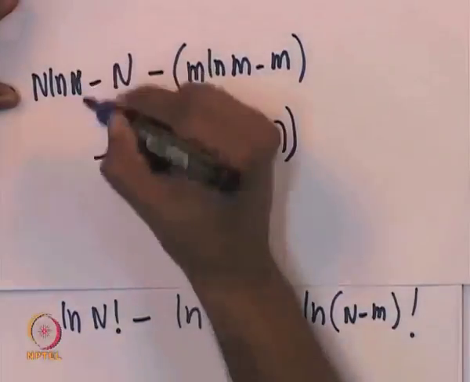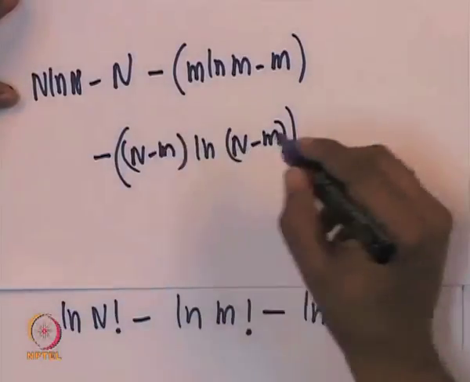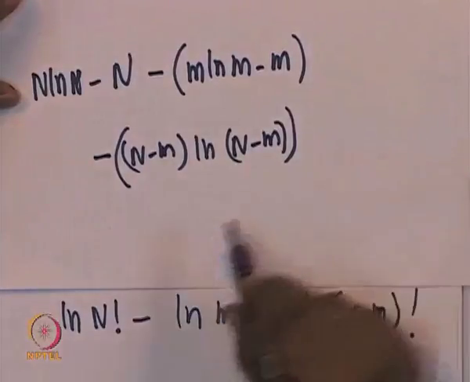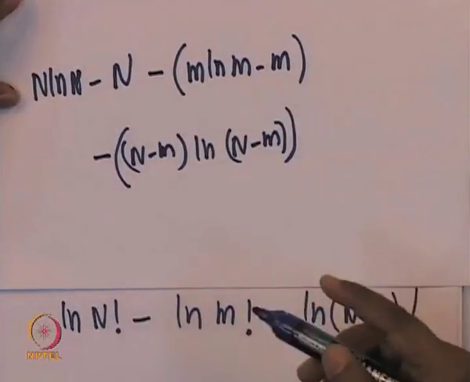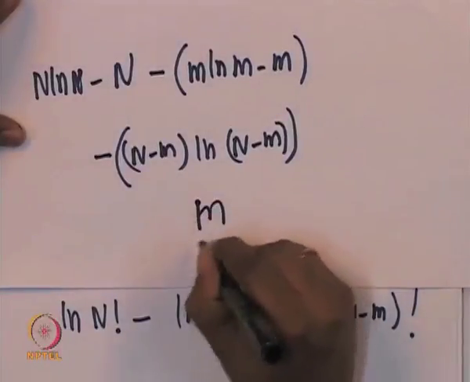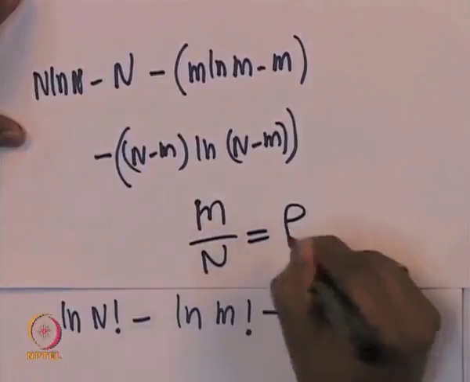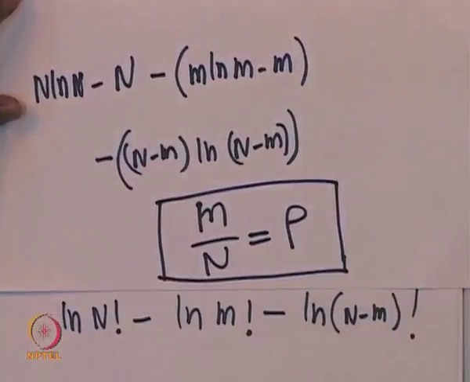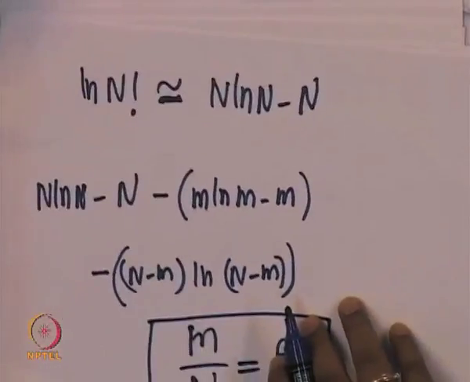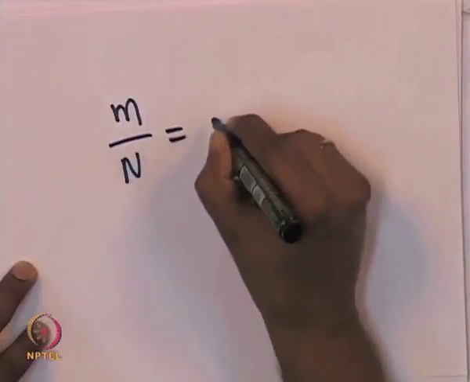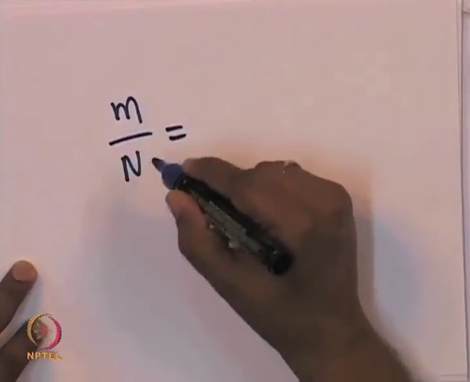Now, you can see that some terms are cancelling. There are a few terms that will cancel from this, because there is an and you can rewrite this, and we can use the definition that m by n, we define m by n as rho. So, if we define m by n as rho, let us say we define m by n